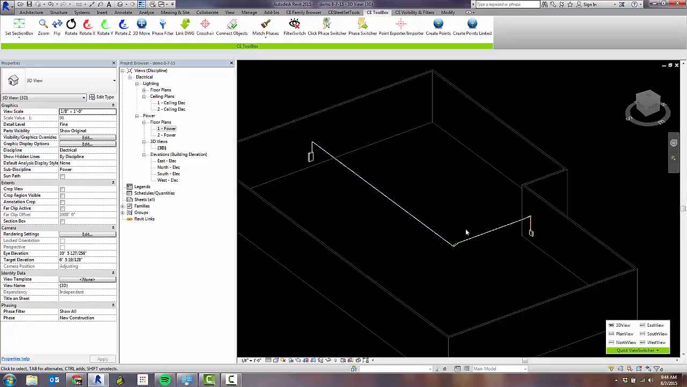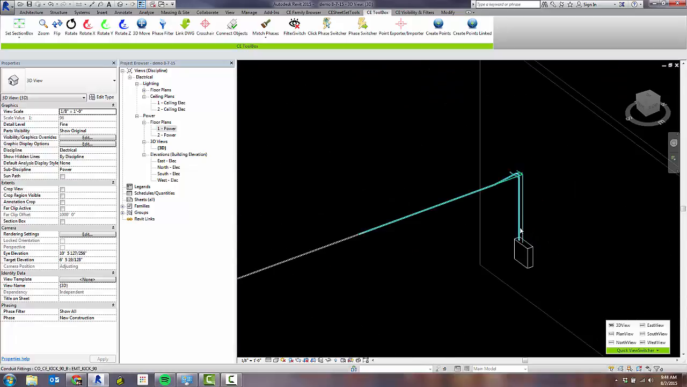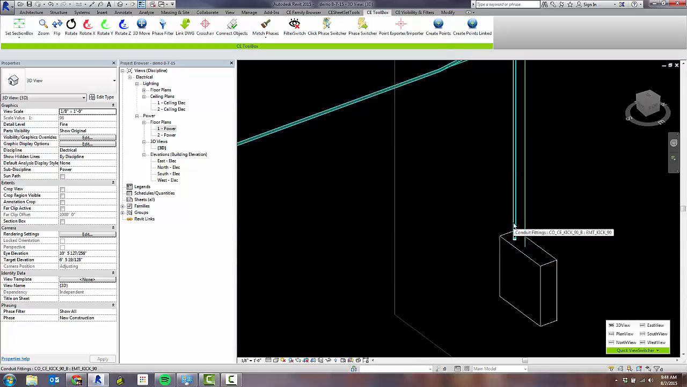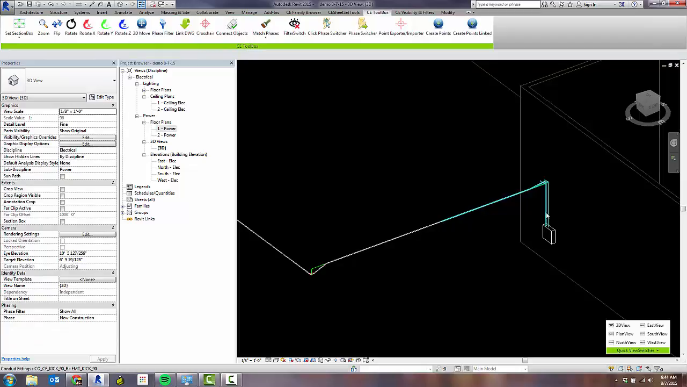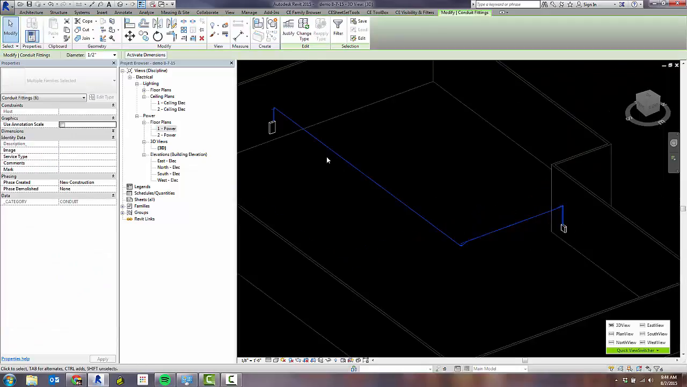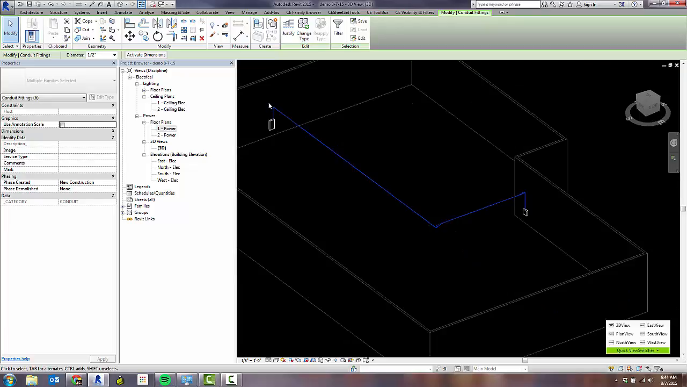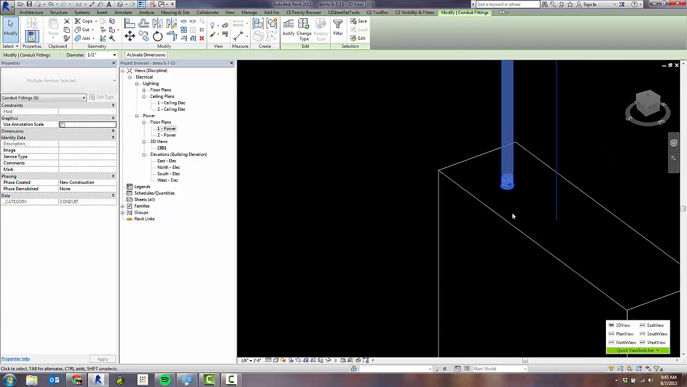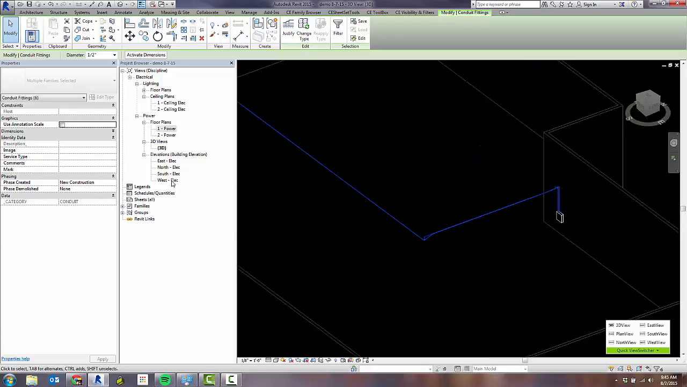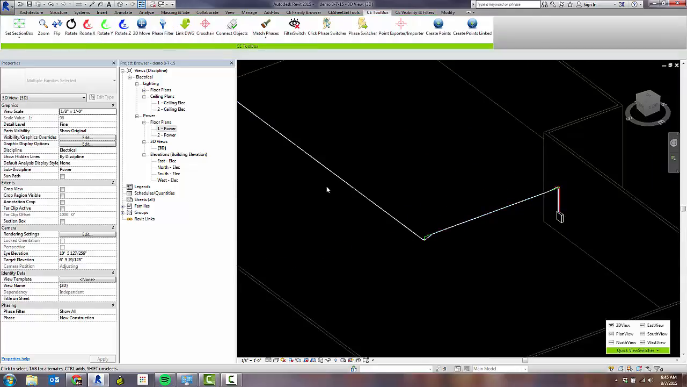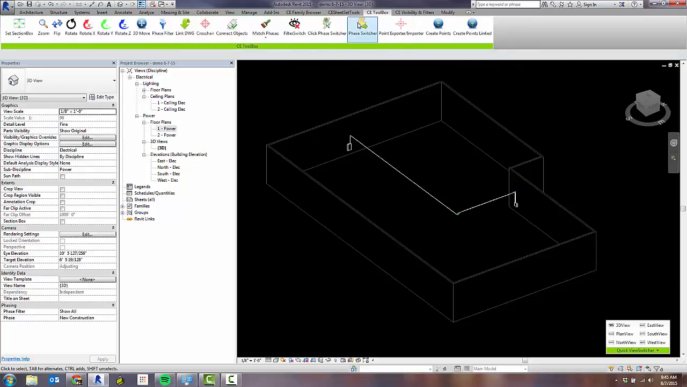So now that we've modeled a route from point A to point B, let's tab select our route. You can see several things here. We have the whole run selected there, and phase created is available. So if we go to